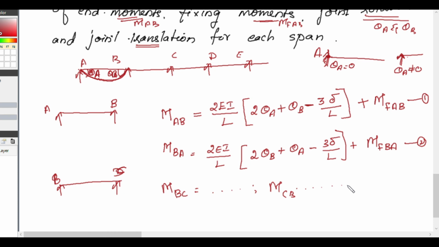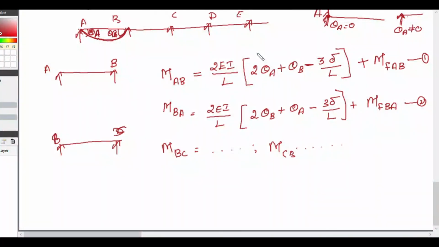Likewise, you have to write the slope deflection equation for every span. This is your second step. And substitute the values. Okay, so theta may be 0 or may not be equal to 0. This deflection may be 0 or may not be equal to 0. And these fixed end moments you have already found in your first step. So complete these two steps. Now, third step is write the equilibrium equation for individual joints. That is your third step.